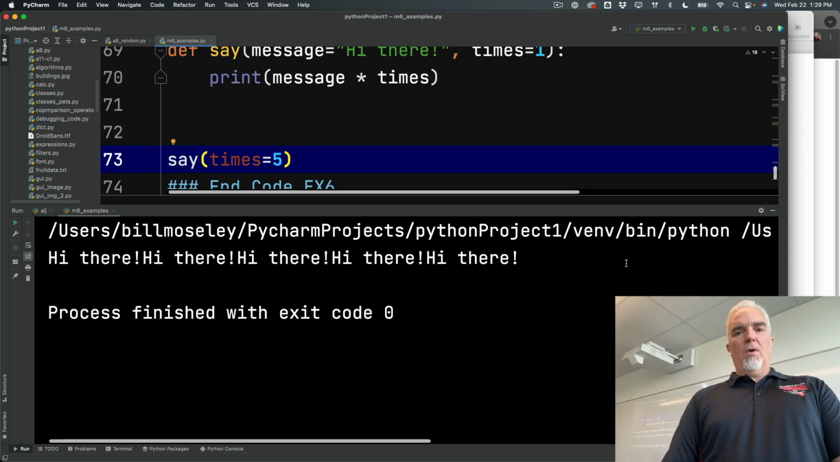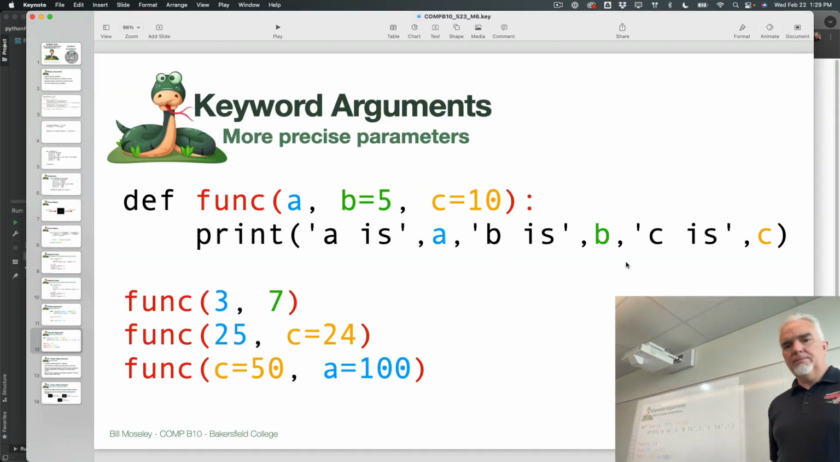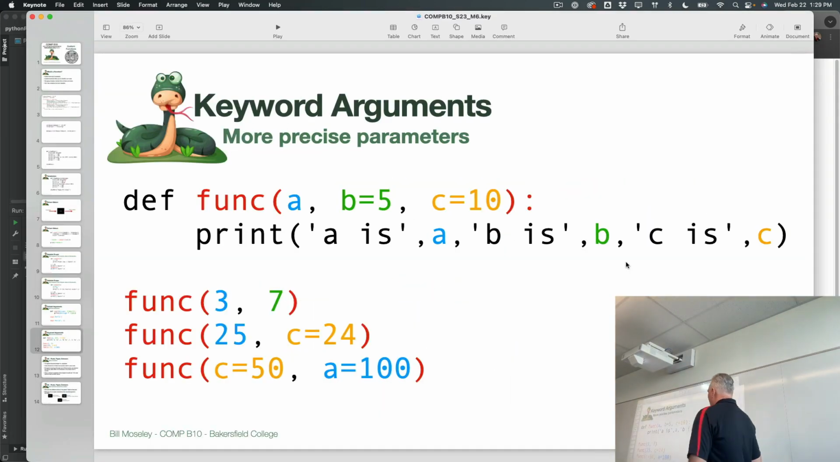So if there are more than 1 optional parameter, I have to use the name of those parameters, or if they're optional parameters and I want to do them in a different order for whatever reason, I have to name them. So in this function, it's a func, and I have an A, a B, and a C parameter. B and C are optional with the default values of 5 and 10. If I print this line, where it says A is the value of A, B is the value of B, and C is the value of C,